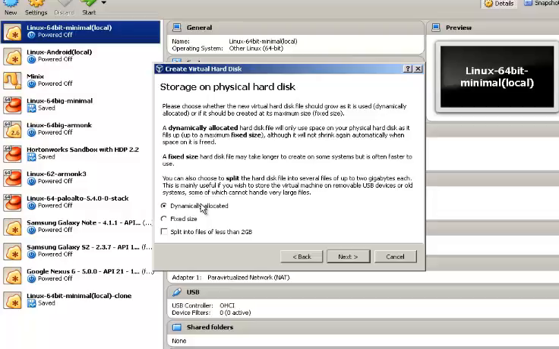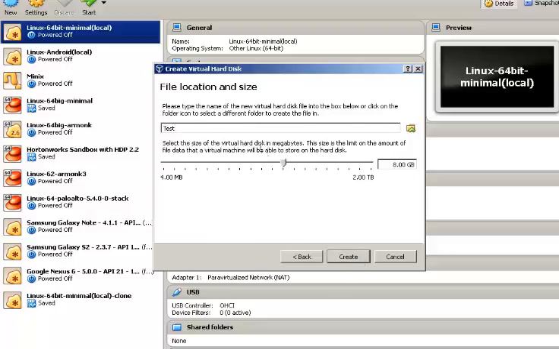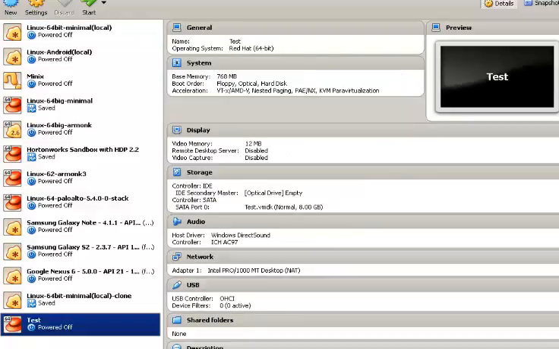But if you say you want to use fixed, it will immediately allocate the entire space. So if I say 10 gig fixed, it will make a 10 gigabyte file on my hard drive right now. But if I say dynamic, it doesn't matter how large it is, right? So this is saying test. If I say to create it,